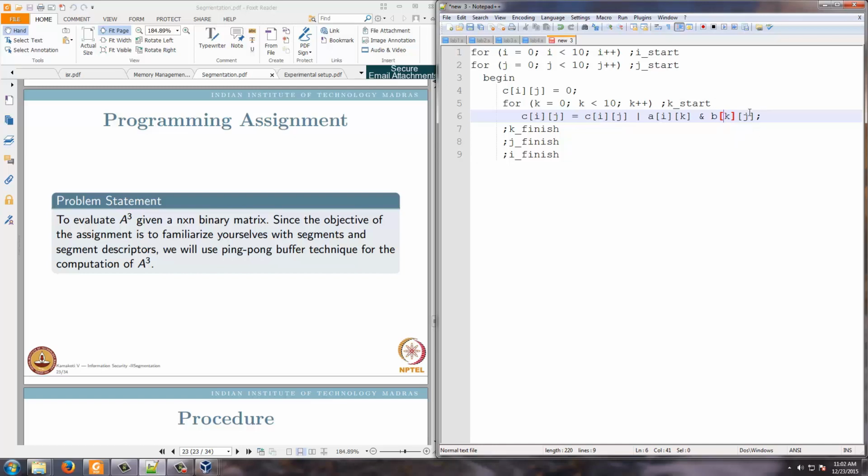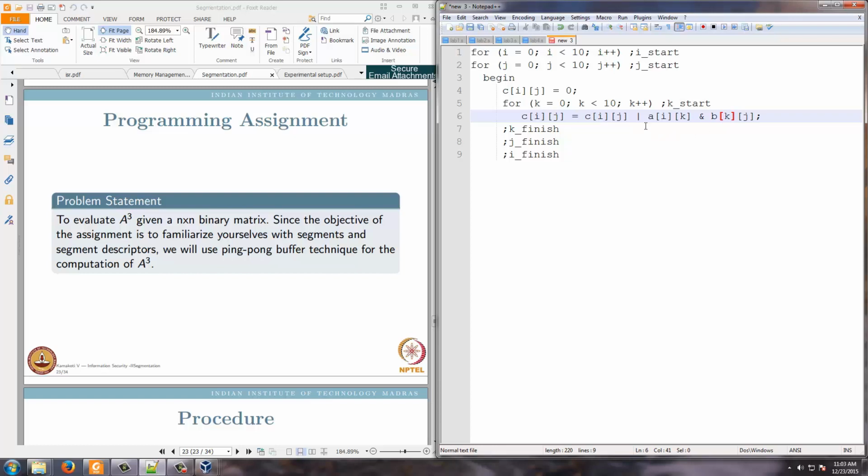Now your A matrix will be stored in one segment, B matrix will be stored in another segment, your C matrix will be stored in another segment, right? And then we will also use function calls basically to demonstrate how the stack works and how a calling routine communicates with the called routine. As I told you in one of the earlier sessions, this had been one of the major vulnerabilities. So let us understand through assembly programming how passing of parameters actually works. So we will write an assembly code through which we actually pass parameters so that we have a real hands-on experience here.